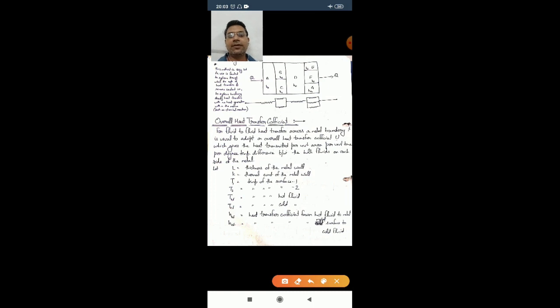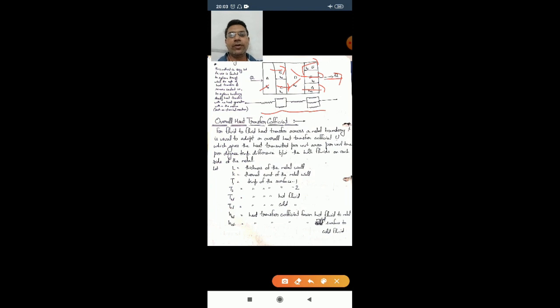See, here the heat transfer is along A, then it is divided into B and C, then again a combined form, then again heat is divided into E, F, G, and then at last Q. So this is a combination of series and parallel systems, and here the electrical analogy is also drawn. In this fashion, series and parallel numericals can be done.